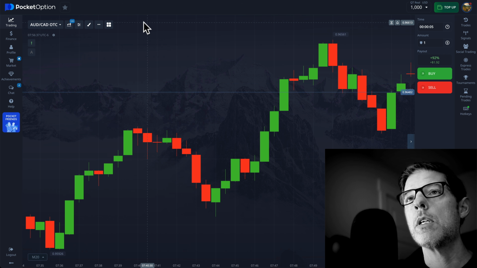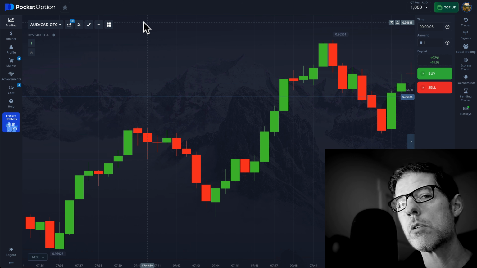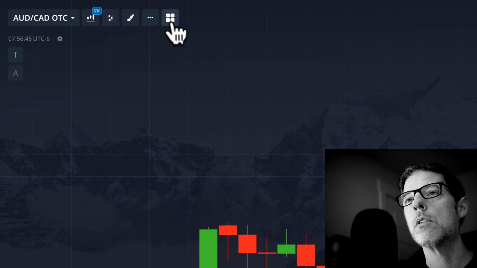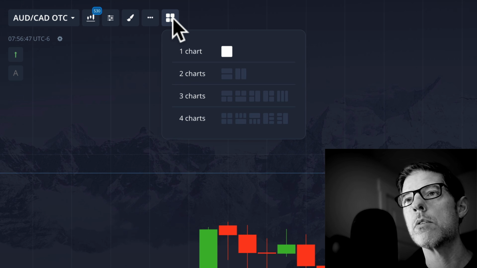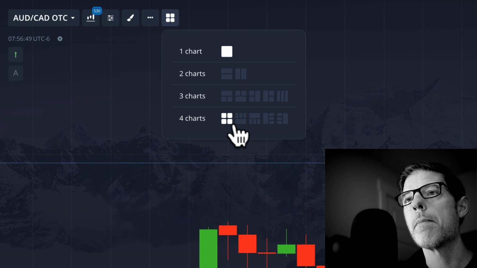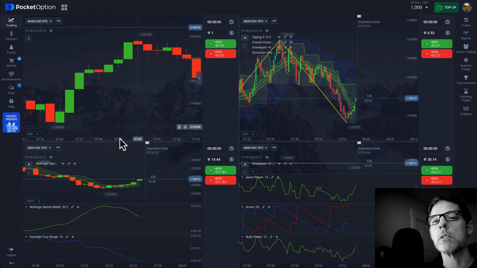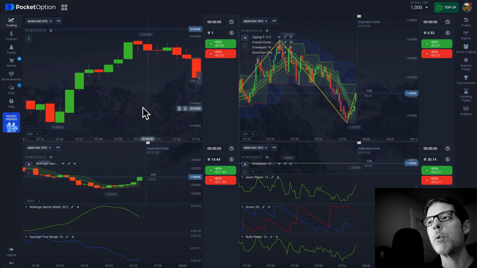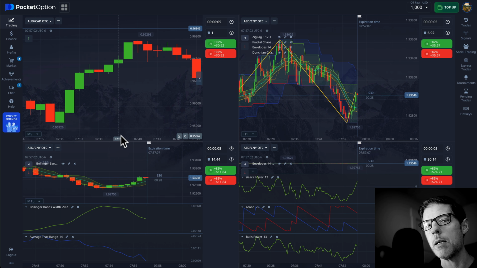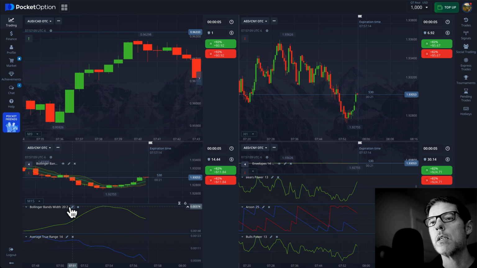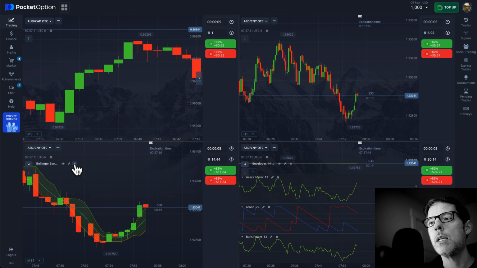Now, what I'll do first is set up my charts matrix style. So I'll come over here, little button here with the little 4 squares, and I'll select 4 charts right here. Okay, great. And you can see the charts have a bunch of stuff. They're all different. And so what we need to do is make all these charts look exactly the same. So we can go ahead and do that right now. So just go ahead and remove any indicators off of the charts because we will not be using any indicators